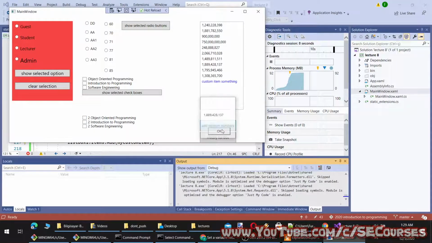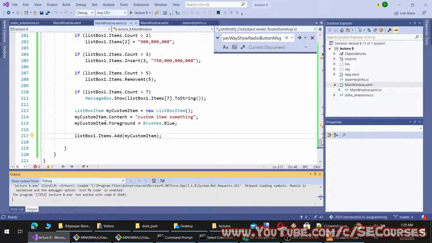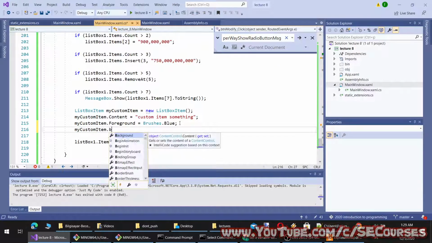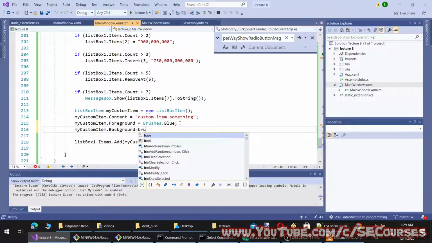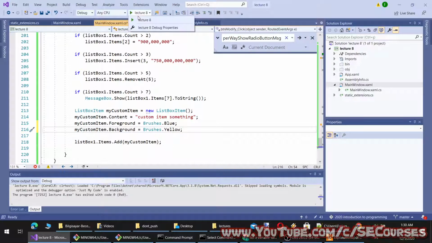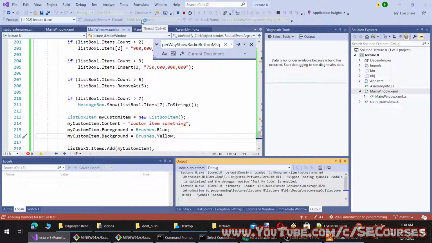Let's click modify. You see, now this has blue color, blue foreground color. And let's change its background as well. Equal to brushes dot, for example, yellow. Okay, so you can modify the item displayed like this of the list box items.